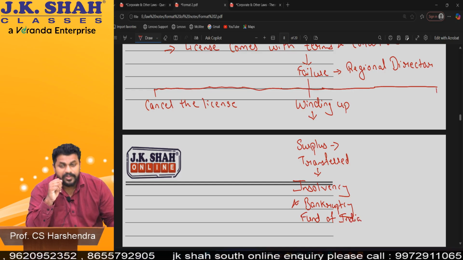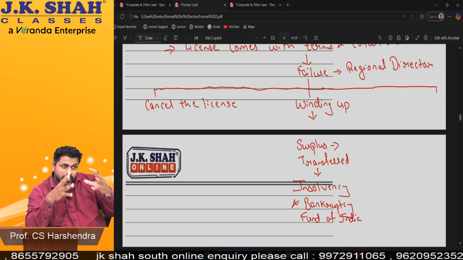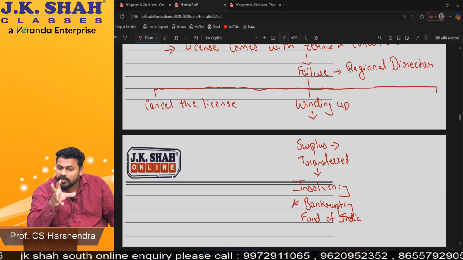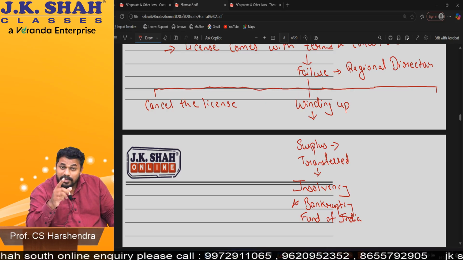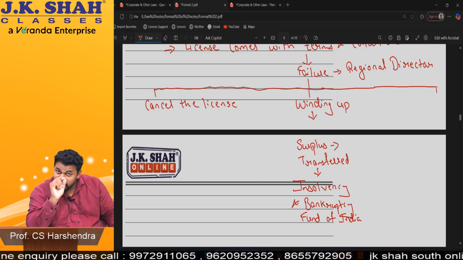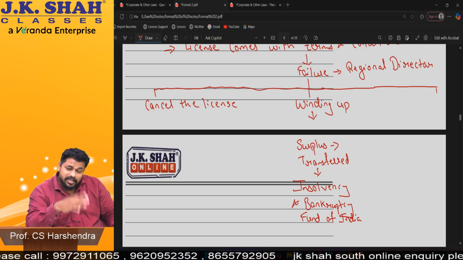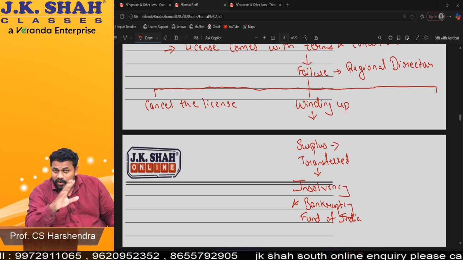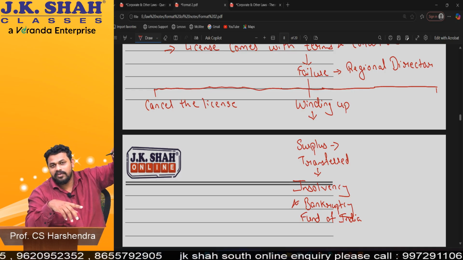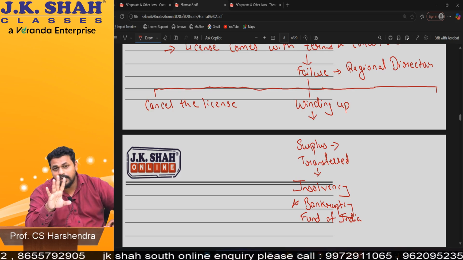And third, beta, in case he thinks, okay, you did not form the company for doing fraud, but only one director was doing fraud, because of which non-compliance happened. So he may order merger of your company with another Section 8 company. Very important, beta. The RD can order merger of one Section 8 company with another Section 8 company only. You cannot order merger of a Section 8 company with a profit making company. That power the RD doesn't have. In fact, nobody can do it. Central government in certain circumstances may do it. Am I clear with this thing?